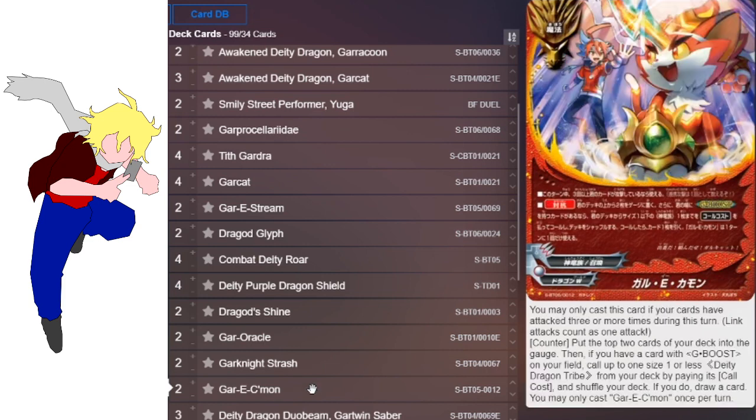And then you could utilize Gar-E Come On, which is a little bit more on the expensive side at around $2-ish. I don't think any given card on this list will cost you more than $3 per card, so I'm trying to keep it as low budget as possible, but still trying to have it be an effective deck. So Gar-E Come On is another great card. Again, a little bit more expensive side on the budget side of decks, but it's a very solid card that